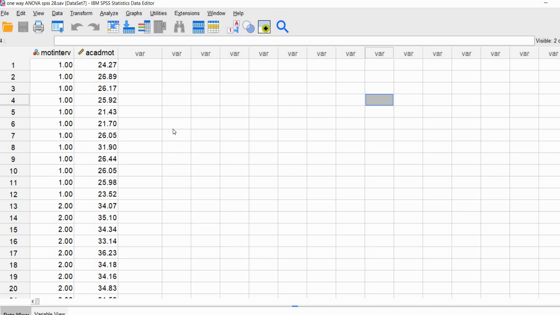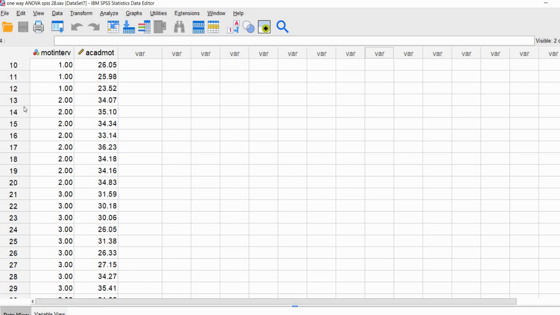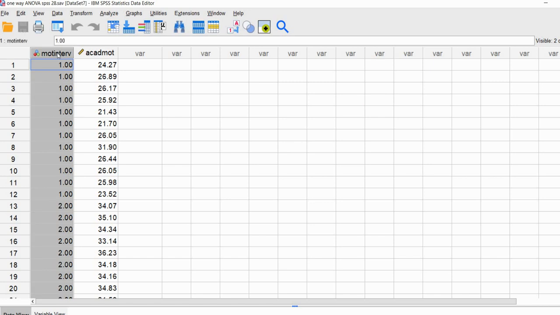So let's go ahead and get started just by considering the data that we're working from. We have essentially fictional student data where each row in the data set, rows 1 through 30, represents a given student. Each of the students in the data set will have received one of 3 motivational interventions. And what we're going to be doing is testing whether there are differences in the means in terms of academic motivation by motivational intervention. So the motivational intervention variable that you see right here is a categorical variable with 3